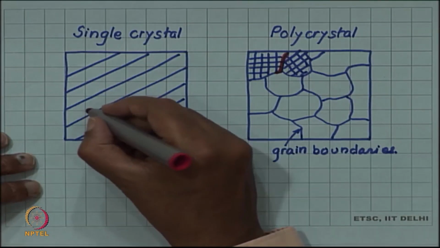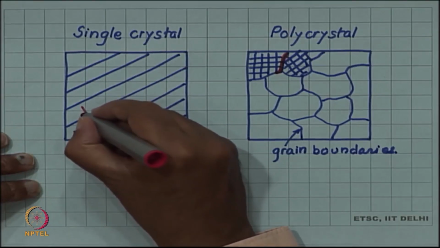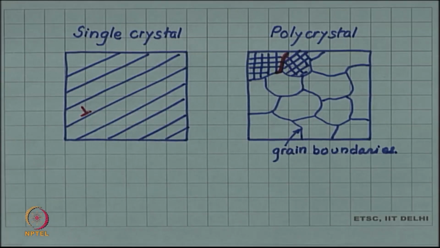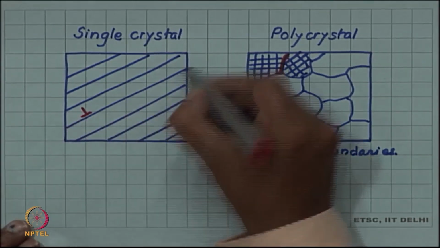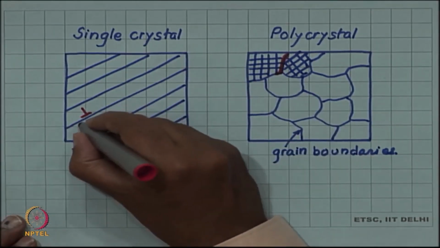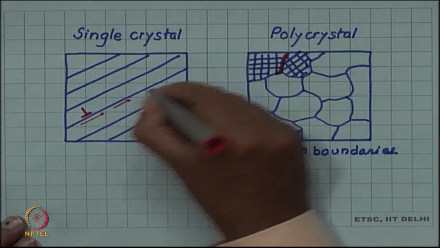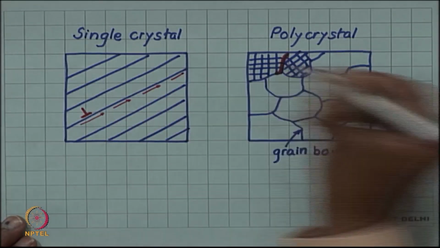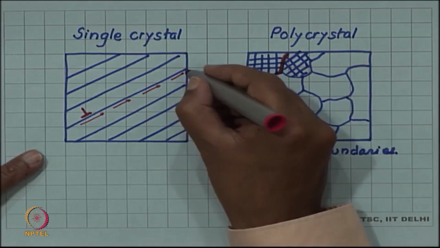If there is a dislocation on this slip plane, remember we use this symbol to indicate an edge dislocation, and it is gliding on this slip plane, then it can keep gliding on this plane till it comes out at the surface,